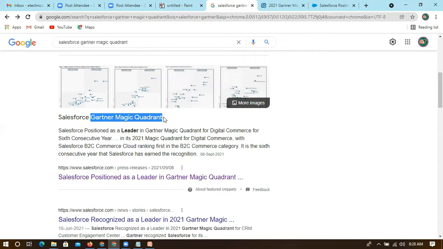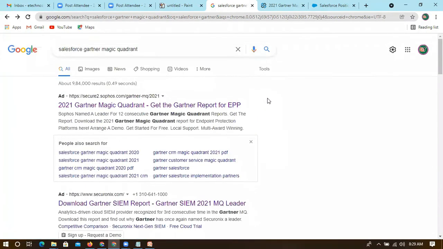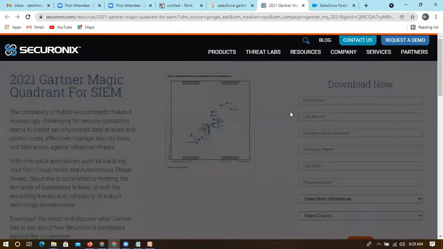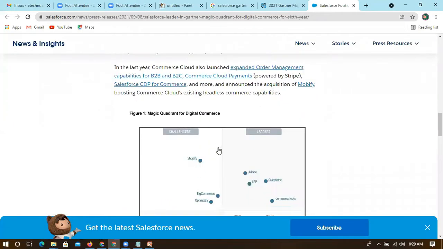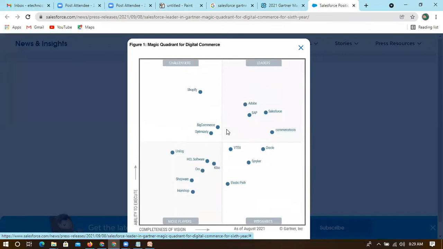So the Gartner Magic Quadrant is something the whole world follows. Not me or you, the entire world follows Gartner. Whatever new company or business has come up, Gartner gives ratings. Throughout the world, you can go through Gartner and see graphs. There are multiple graphs, and you can find four quadrants.